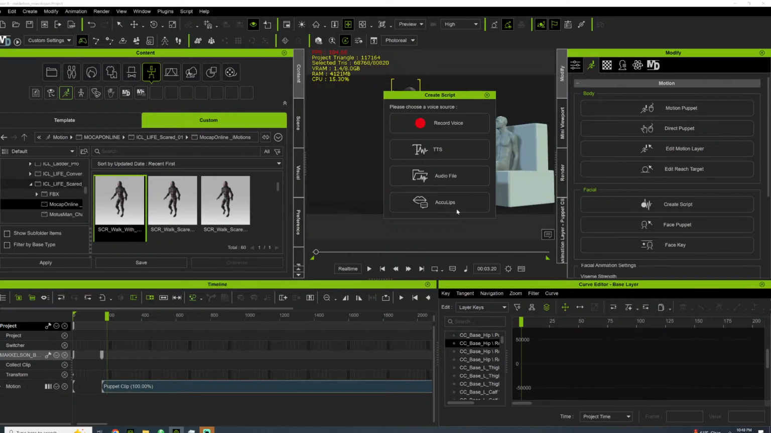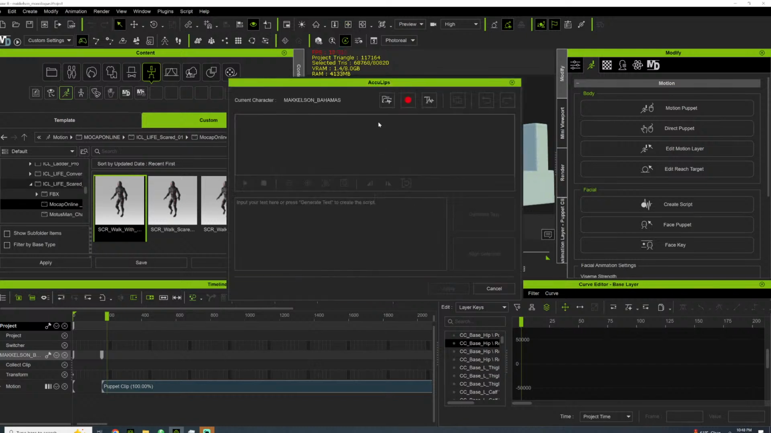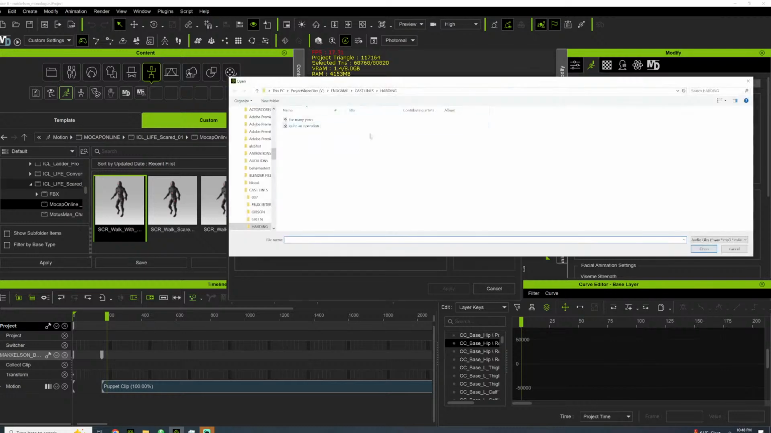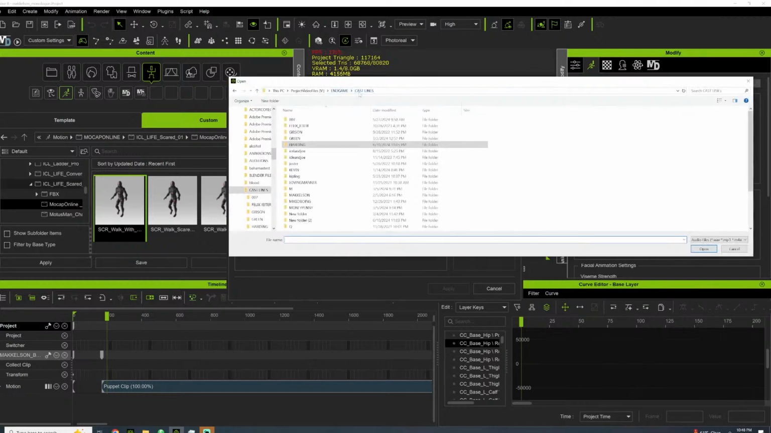Go to Eclipse and go to cast lines, Mickelson,